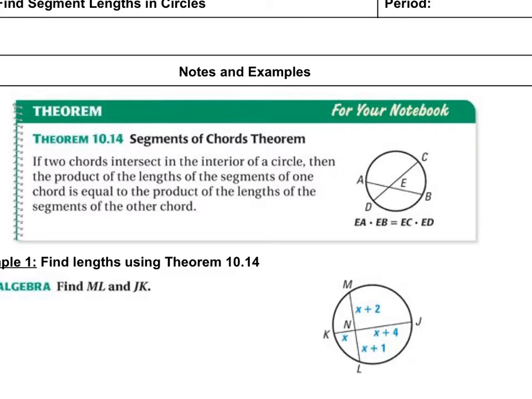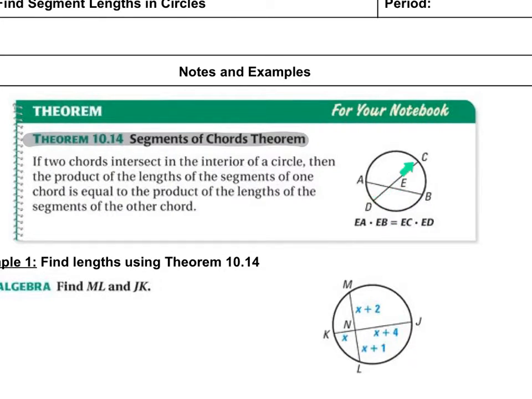Okay, so the first one, we are talking about Theorem 10.14, segments of chords theorem. If two chords intersect in the interior of a circle, the product of the lengths of the segments of one chord is equal to the product of the lengths of the segments of the other chord. So what that is saying is from the intersection point, we have AE and EB, that product will be equal to